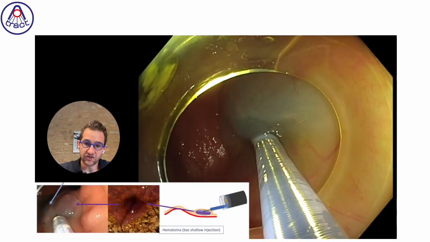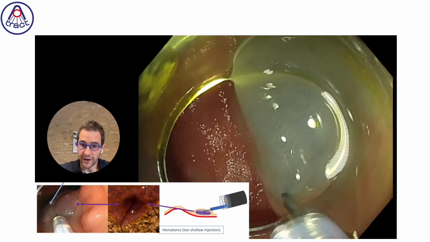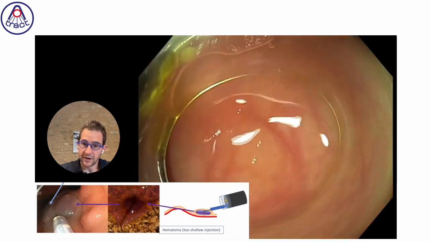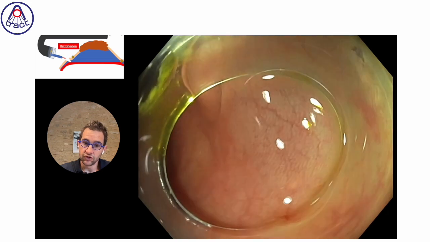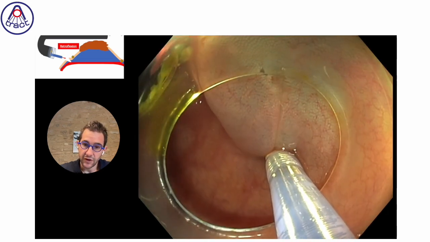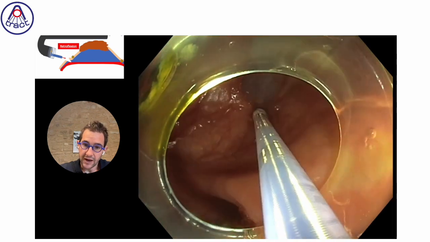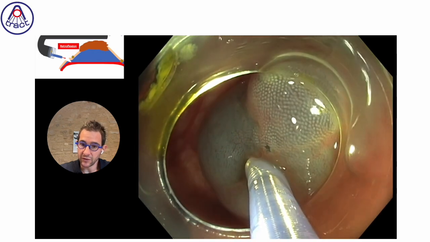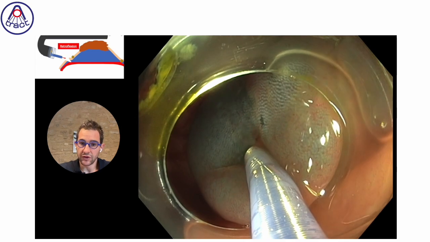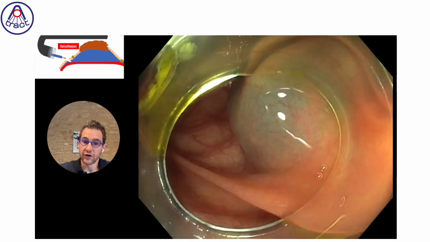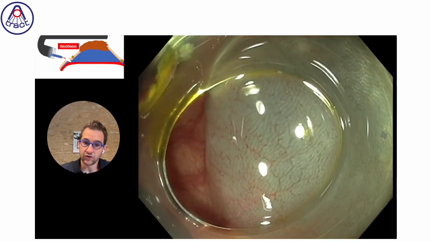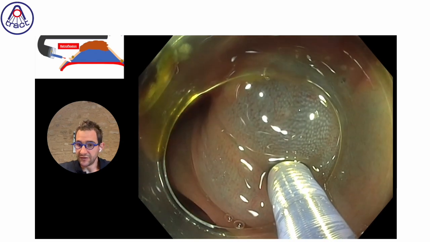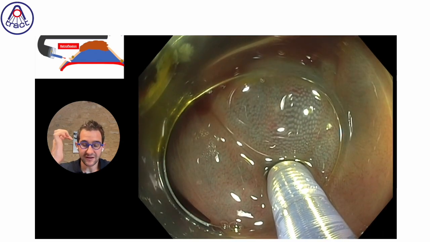You can see here my injection is not deep enough. There is a hematoma which is appearing despite the fact that I try to inject properly. It's sometimes difficult in the caecum. So you should stop immediately if you have this kind of hematoma. Here again, I try again to find the good way, and when it is finally the good layer, the blue one without hematoma, I can ask the nurse to inject more strongly. But at the beginning she should be aware to stop immediately if there is a hematoma,